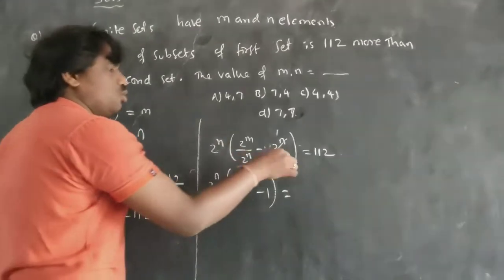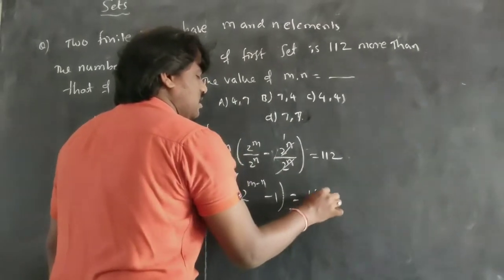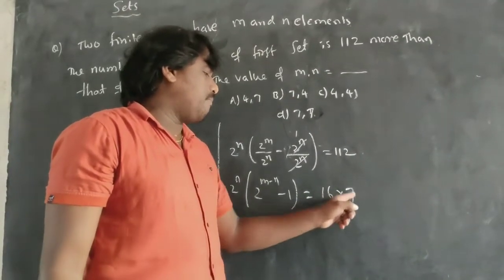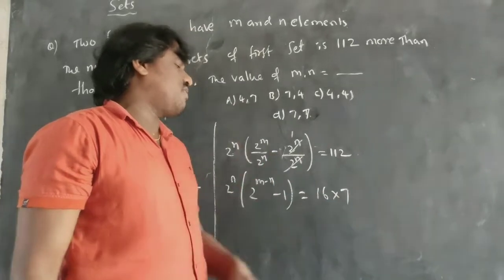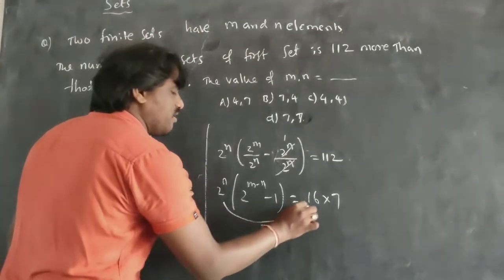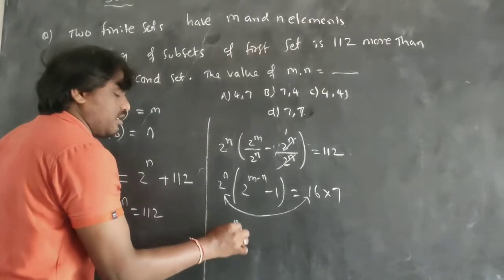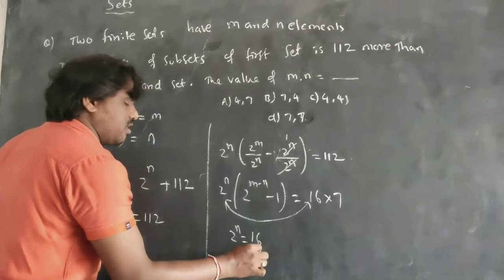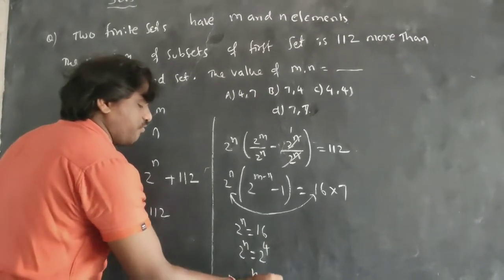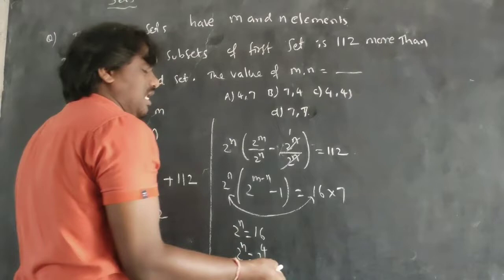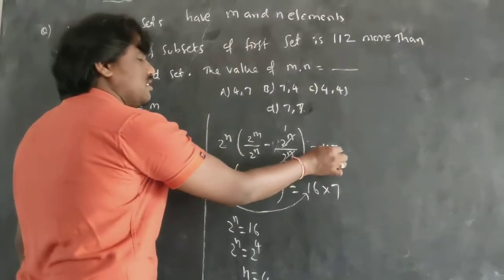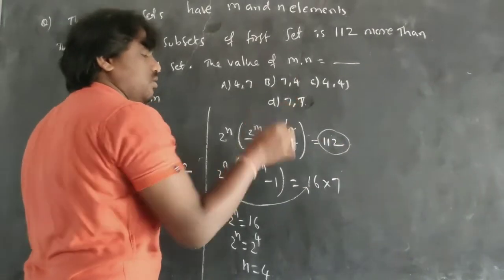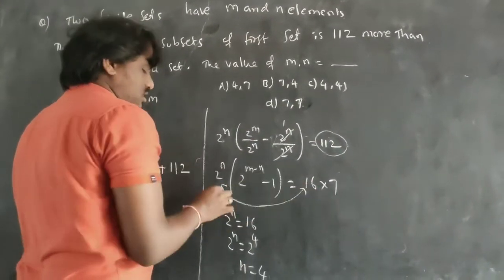1200. Convert it into prime products, like here 16 sevens are 112. So if you compare this one, 2 power n will be equal to 16. So 2 power n is equal to 2 power 4, so the n value will be 4. So you got it here. Why did I do it like this? I wanted this number to give 2 power something. So 2 power something is 16 into 7, I know, 16 sevens are 112. So this is 2 power n.